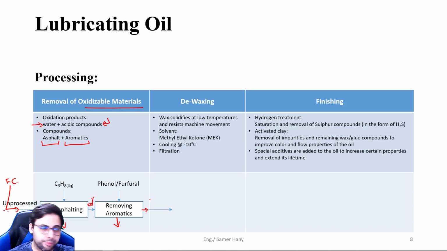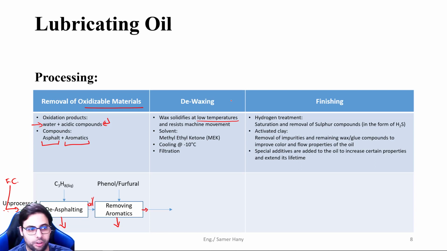Okay, so the next step, after removing the oxidizable materials, we want to de-wax the oil, or remove the wax materials. Why would we want to remove the wax? Because this wax solidifies at low temperatures, and they're not that low. Low just compared to the ambient temperature, but not like 0 Celsius and below. They are relatively higher. So we don't want our oil to have some solid materials in it when it's stored,